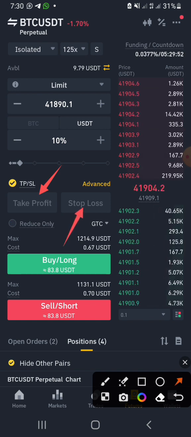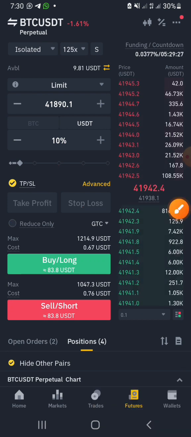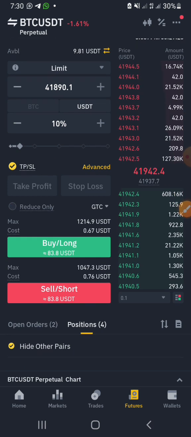While stop loss means once you have an unrealized loss and it goes against your analysis and it hits your stop loss, automatically the trade will close. The only difference between stop loss and take profit is with stop loss you are going to be in loss, but with take profit you are going to be in profit. Okay, and it's very important to set your stop loss as well as your take profit in a trade. Okay, with that being said, let's move over to the next part, which means